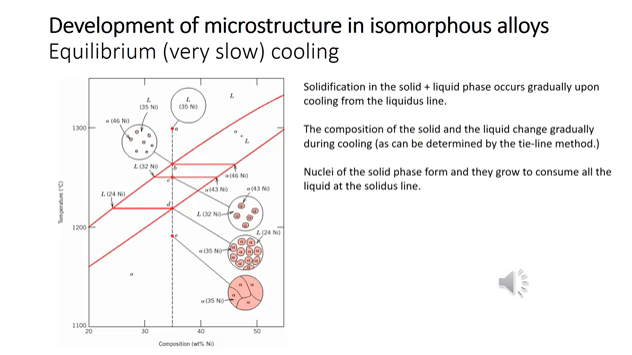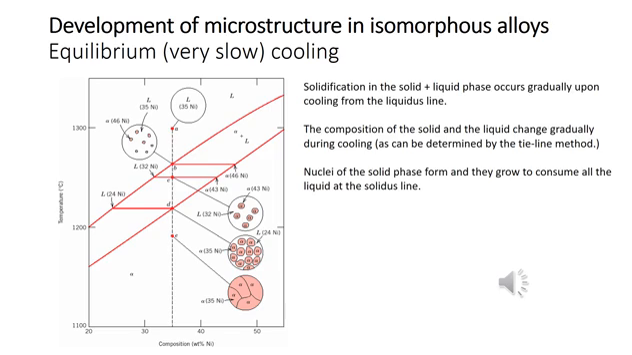This is how the microstructure develops for an isomorphous alloy in a case where the cooling is very slow. So we'll take this case where the composition is 35 weight% nickel and the temperature is at 1300 degrees Celsius. At that point, our material is liquid, and it is composed of 35% nickel and 65% copper. And if you slowly cool this to point B, and this point B is at our liquidus line,